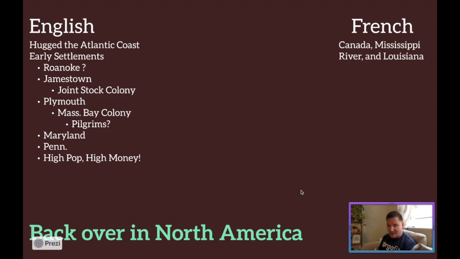It's the Massachusetts Bay colony that starts around 1620, and it's going to be the Pilgrims that are actually there, but they're not really Pilgrims in a sense. We call them that as Americans because we're taking their side of the story, they're actually Puritan separatists is what they are. But then eventually they started settling Maryland, which is the colony of Catholics, Pennsylvania,